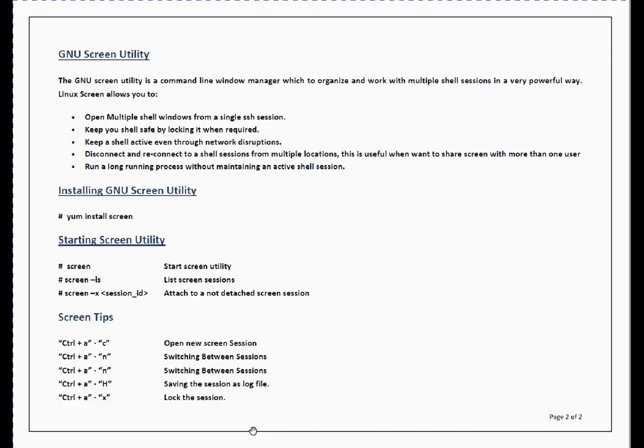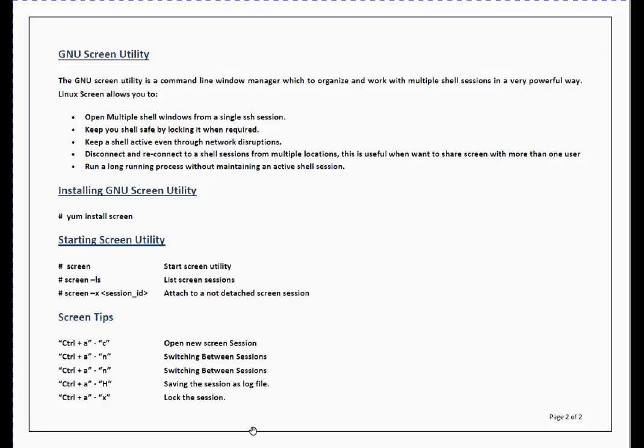So friends, to install this utility, that depends upon your OS type or OS version. In Linux, whether that is Red Hat 5, 6, 7, simply do yum install screen. If you are running on Solaris, you can run pkg install screen. So that's simple. To start that utility, simply type screen and press enter. If you want to list the active screen sessions, simply do screen followed by -ls, which is